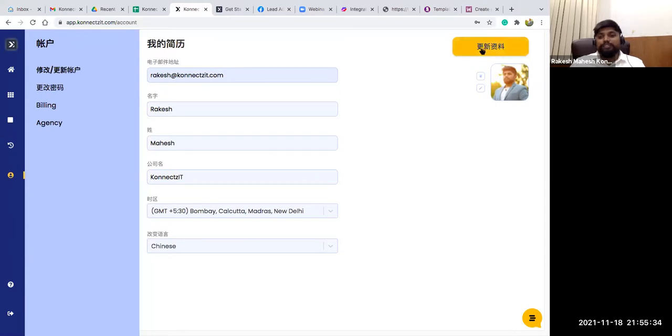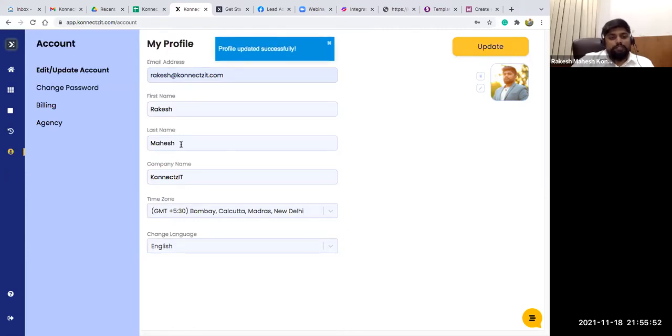Right now you can see I just changed it to Chinese, so we can use our app in Chinese as well. This is how we support multiple languages inside Connexit. You can choose from this option, or request any of your favorite languages, and we'll be happy to add them.